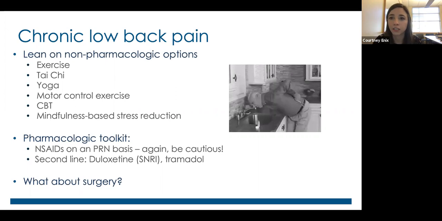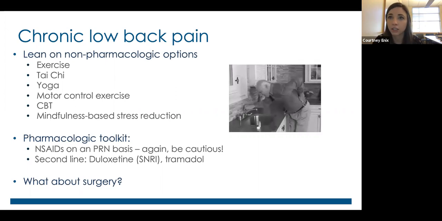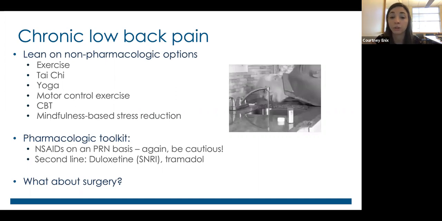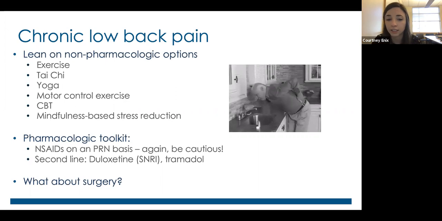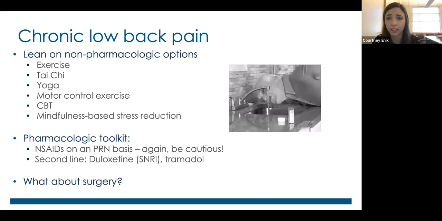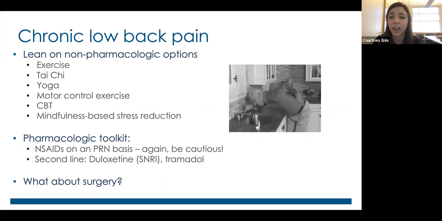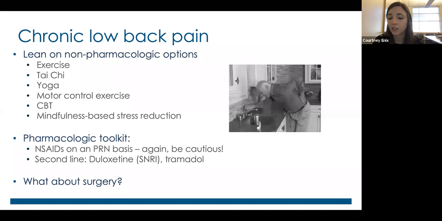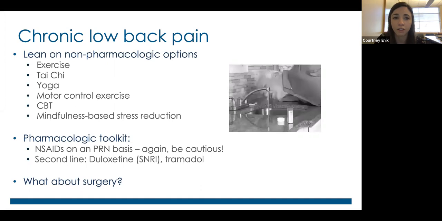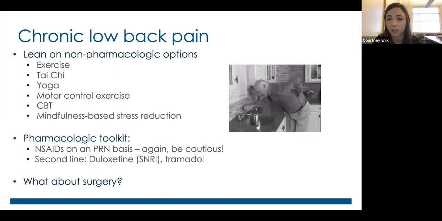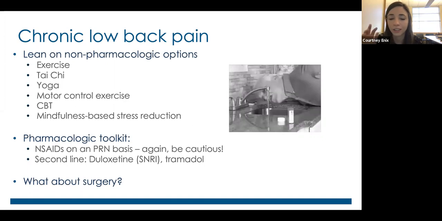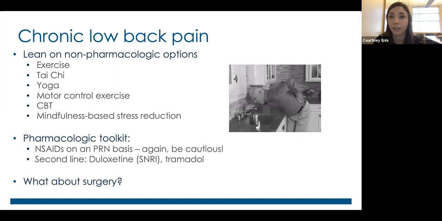There have been several studies looking at fusion surgeries: do people have better outcomes related to pain and function versus people who choose a less intensive or invasive strategy for their pain? What I read is that there are not great differences in outcomes for patients. So if people are asking you about surgery, you should still lean towards trying all of the things in your non-pharmacologic and pharmacologic toolkits. It's shared decision making, and know that there's not clear evidence to say that surgery fixes everything for everybody.